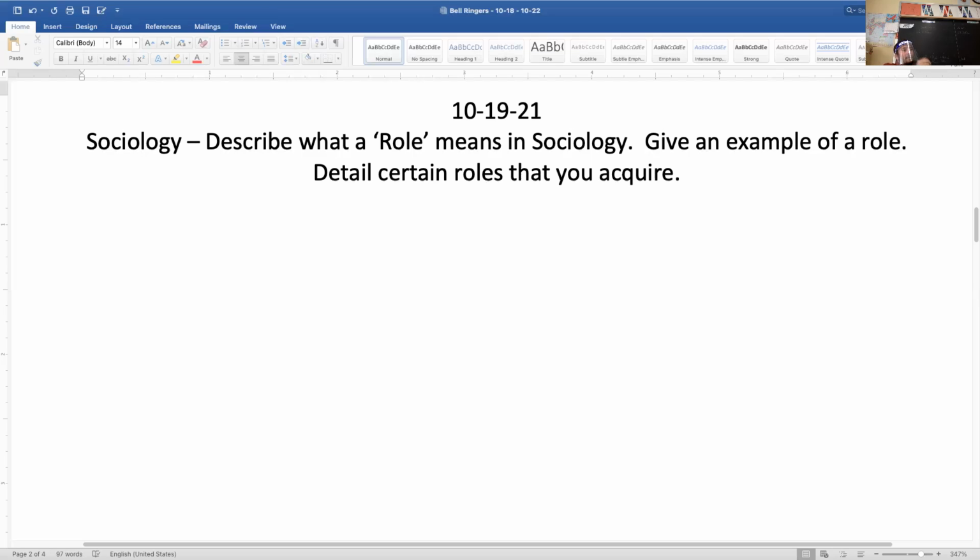Okay. And what is your status here right now, Leah? A student. So what would your role be as a student? To get your work done, to get good grades. Okay. So your specific role, though, as a student, is it the same as, let's say, Roy? Why not? Okay. All right. So Roy's role would be a little bit different as a student than yours because maybe Roy,